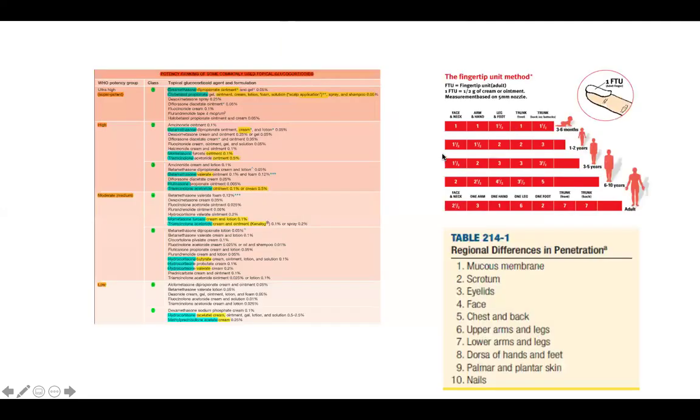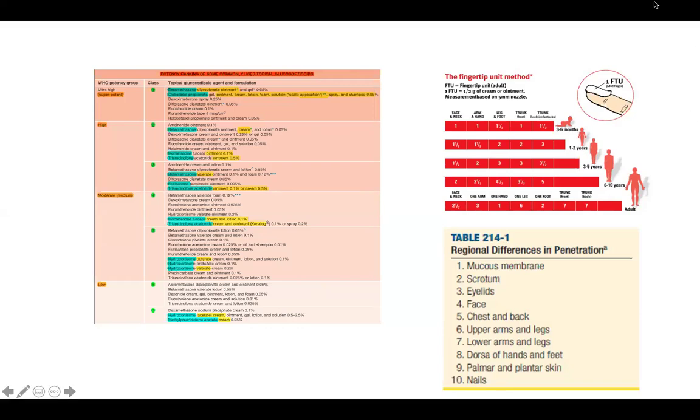Okay, how much is enough? We have the fingertip rule method. So this, in Arabic, we call it anmula. This is enough for 1%. So each 1% of the body part, you need only this. Okay? Maybe my hand is big. You take the patient's hand as a reference. So all this, imagine, all my face, this is enough, because people usually take it very aggressively. Okay? This is the general rule.